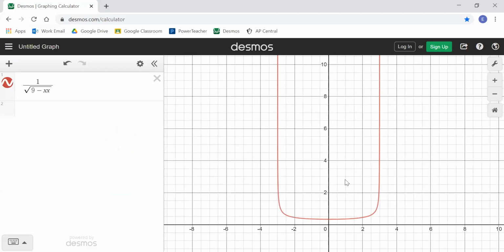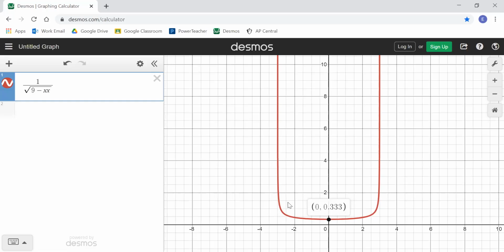You can see probably pretty clearly that it is definitely decreasing, and it's slowly decreasing after about -2.9. It starts slowly decreasing till it gets to that value at x equals 0, which you can see is 0.333 according to Desmos, 1/3, which is what we got. Then it starts increasing again afterwards, and then it starts increasing very rapidly as it gets towards the vertical asymptote